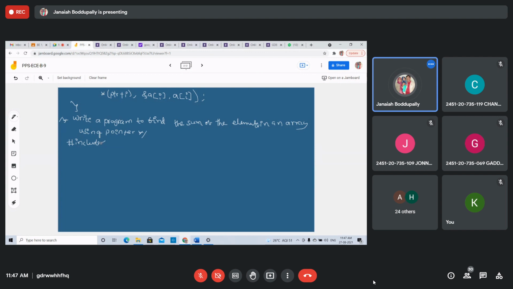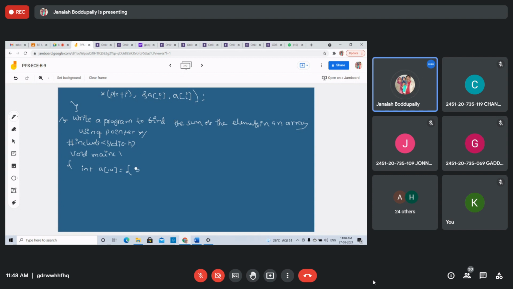#include <stdio.h>, void main. I'm taking the array. First, the declaration of the array, int. I'm taking size 10, but I'm taking only 5 or 6 elements in this.